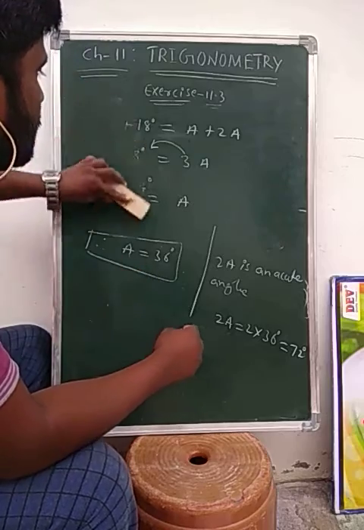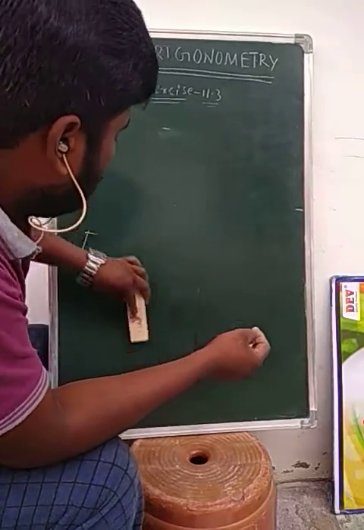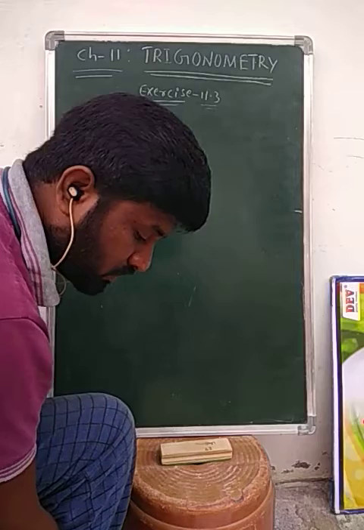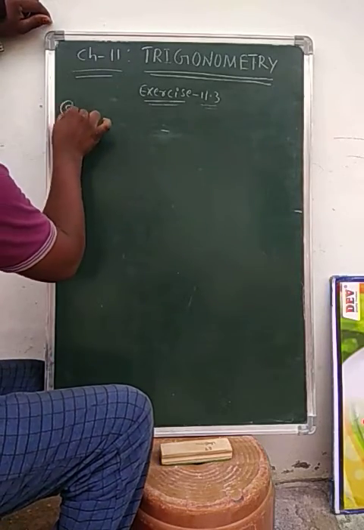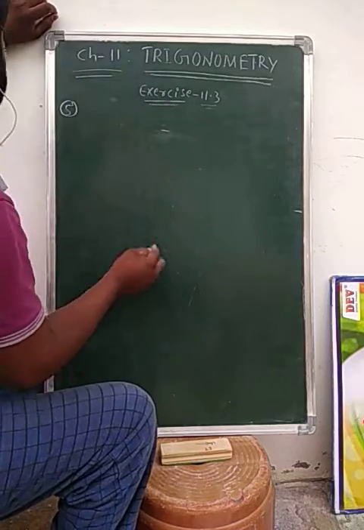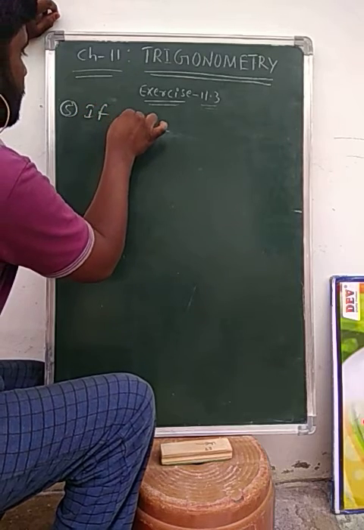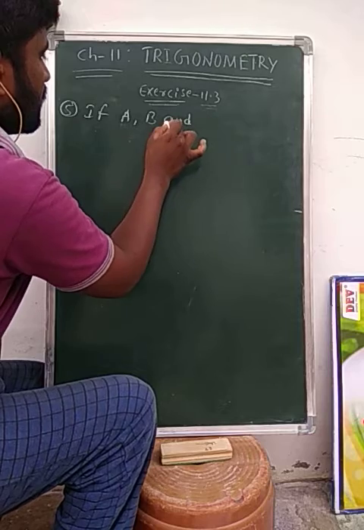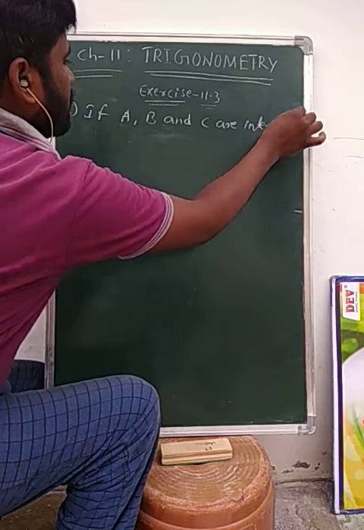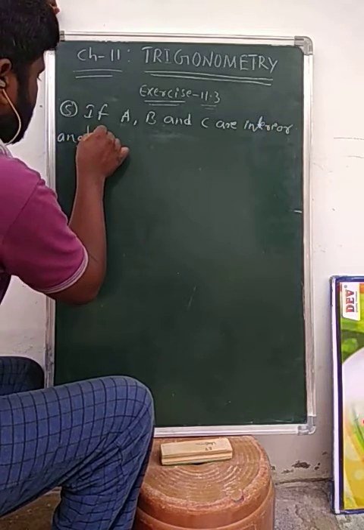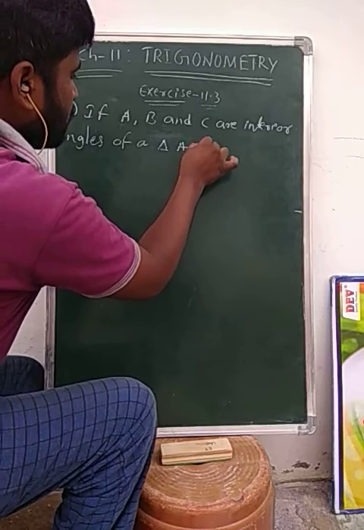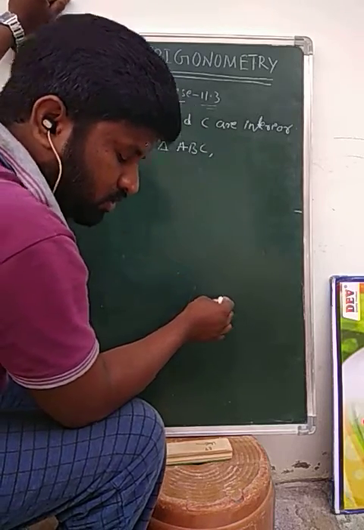Okay, now next one, question number 5. Question number 5 is given: if A, B and C are interior angles of a triangle ABC, then show that